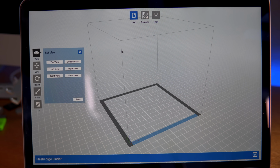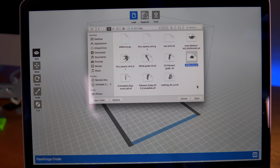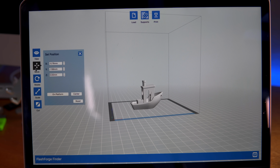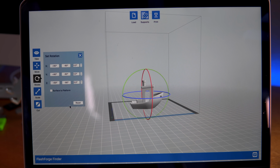So let's go ahead and bring an object. I'm going to load something in here. Let's just say a Benchy, since pretty much everyone knows what that is. If you wanted to move your Benchy, put your arrow on it and click it, and you can move it like that when you're in the move setting here, or you can move it manually like that. This rotates the model in different directions, or you can also rotate it here manually